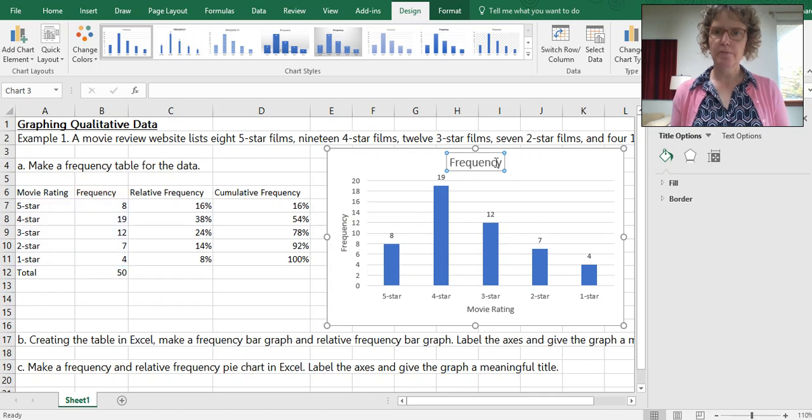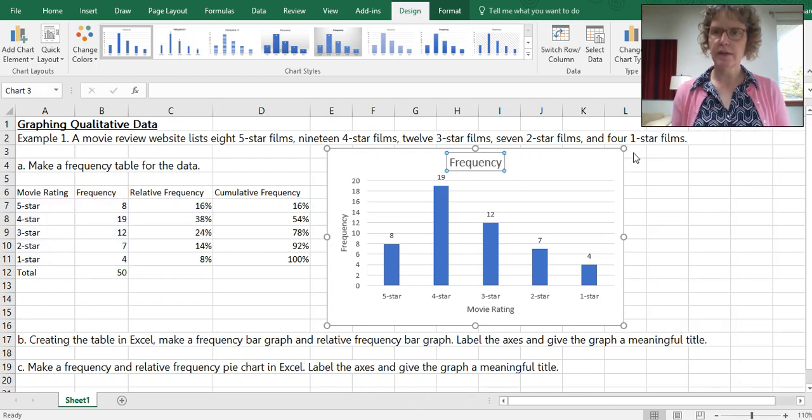And let's make a meaningful title. I'm going to X that. Meaningful title over here, which would be, let's see, a movie review website. So this would be movie ratings on XYZ. We don't know the name of it.